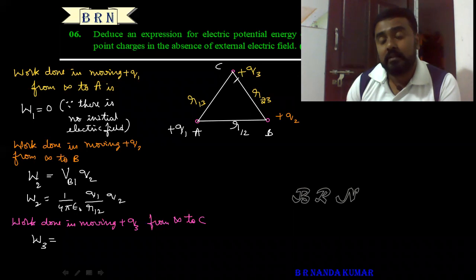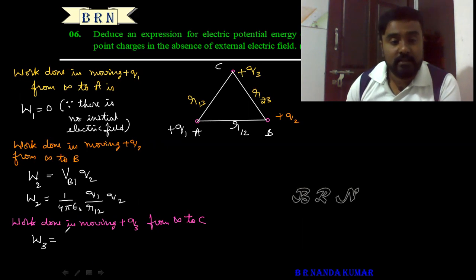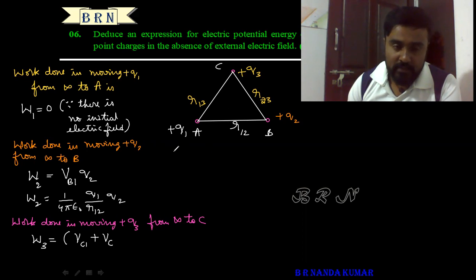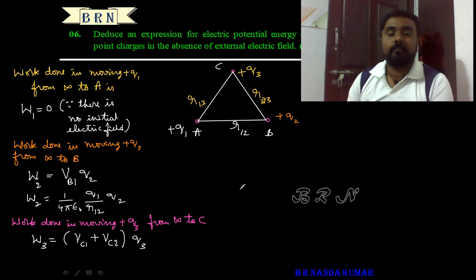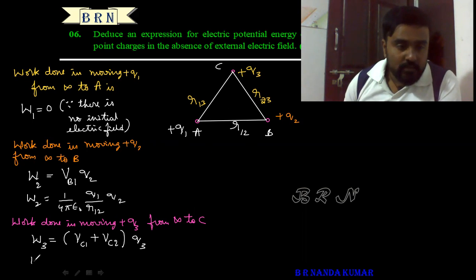Q1 charge and another one is due to Q2 charge. So net potential, we need to do VC1 plus VC2. VC1 means electric potential at point C due to Q1 charge. VC2 means electric potential at point C due to Q2 charge, and the moving charge is Q3. So W3 is equal to Q3 times VC1